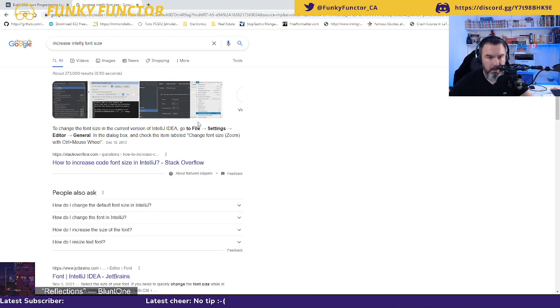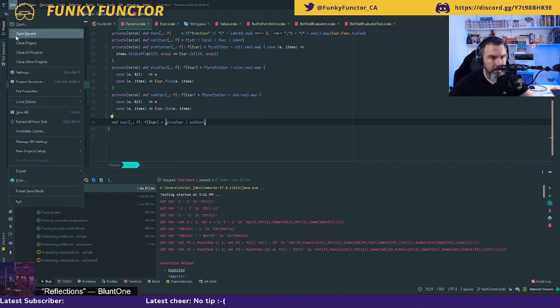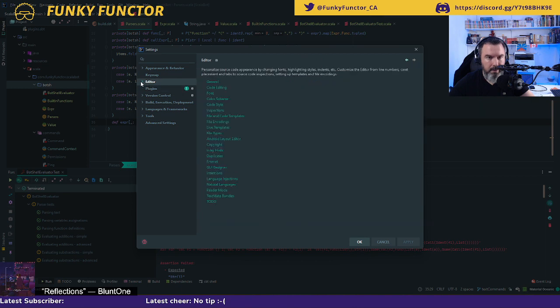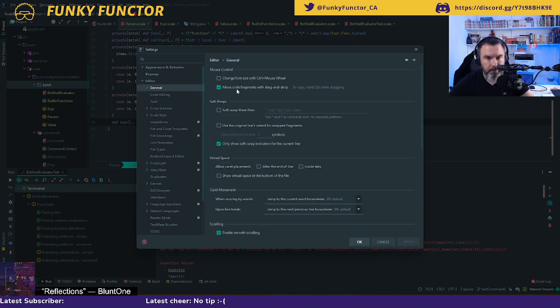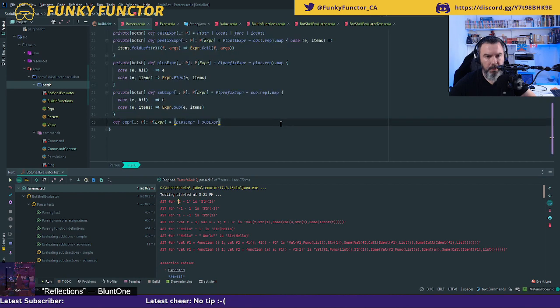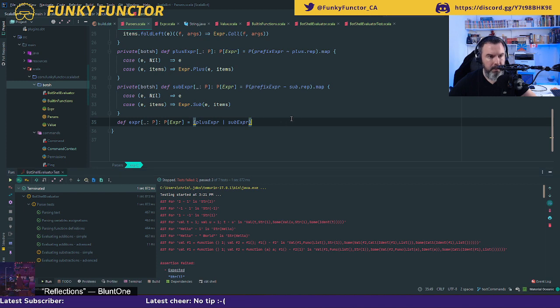Change of font size, file settings, editor general. Okay. File settings, editor general, and yeah, change font size with Control plus mouse wheel. Is that better?